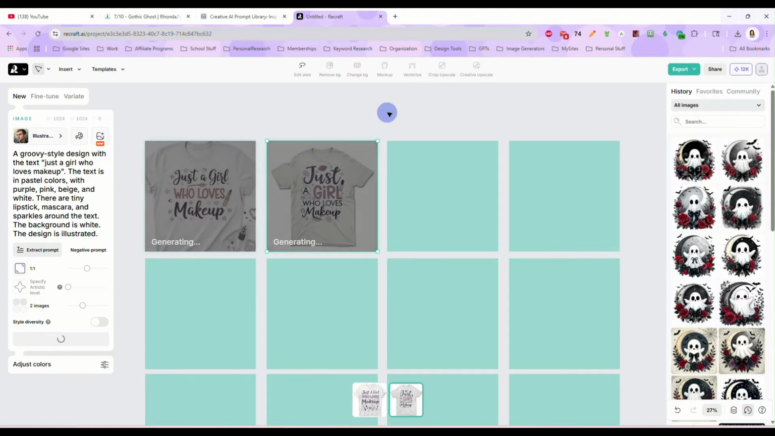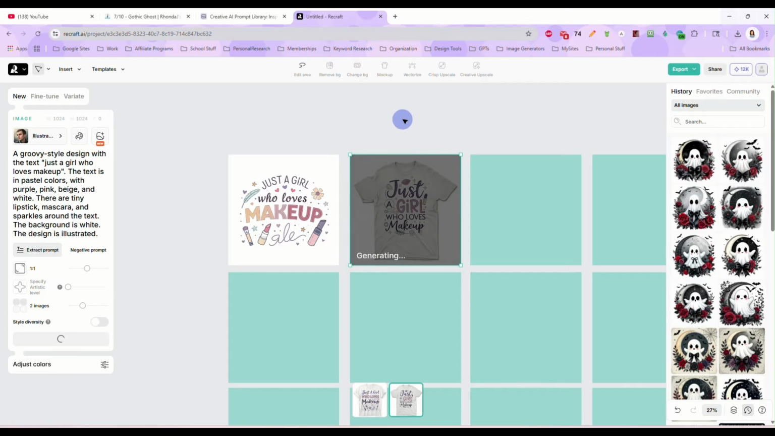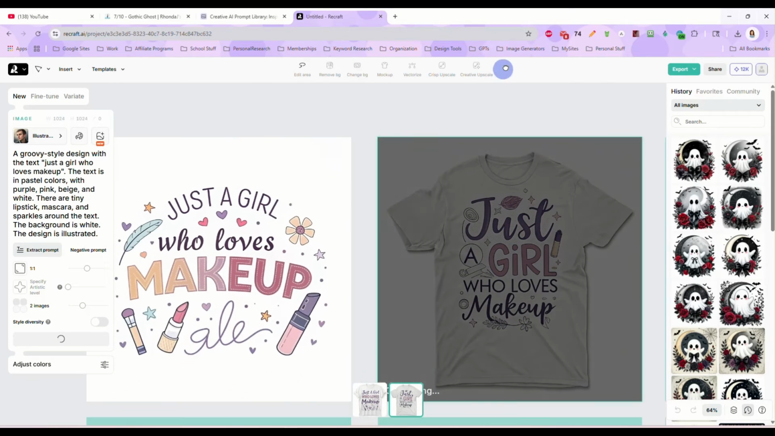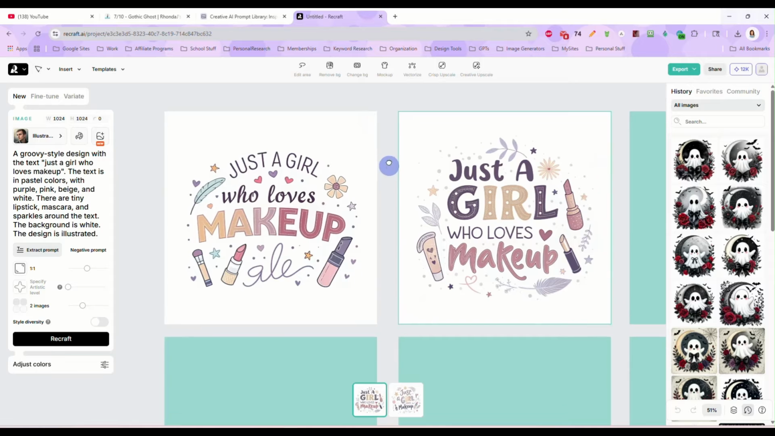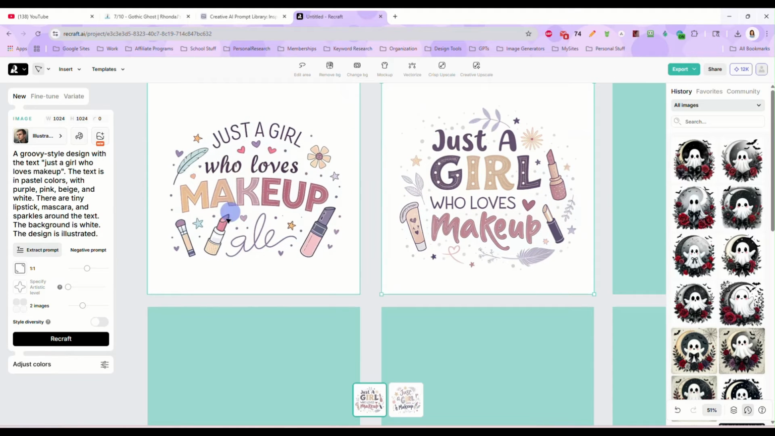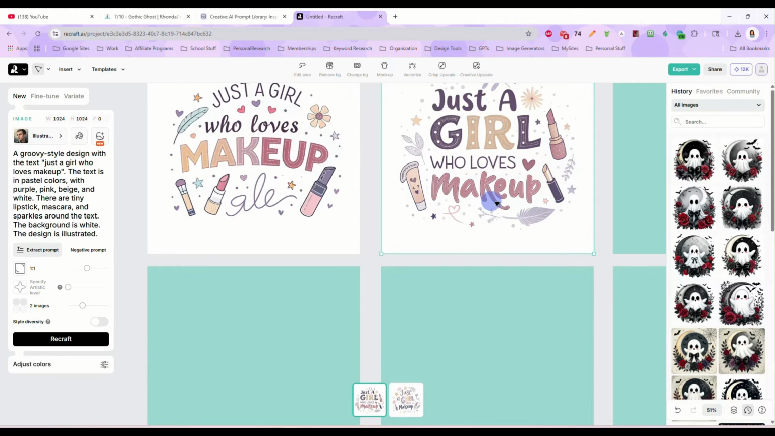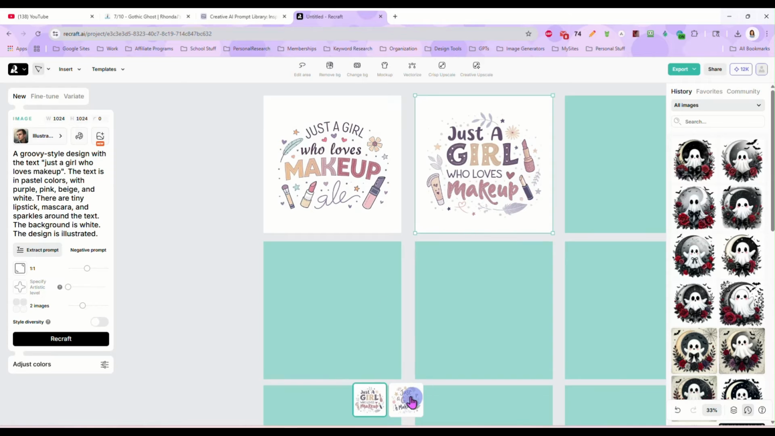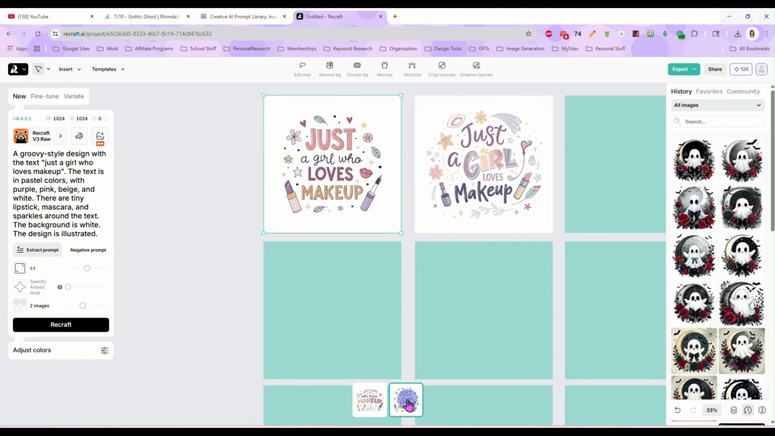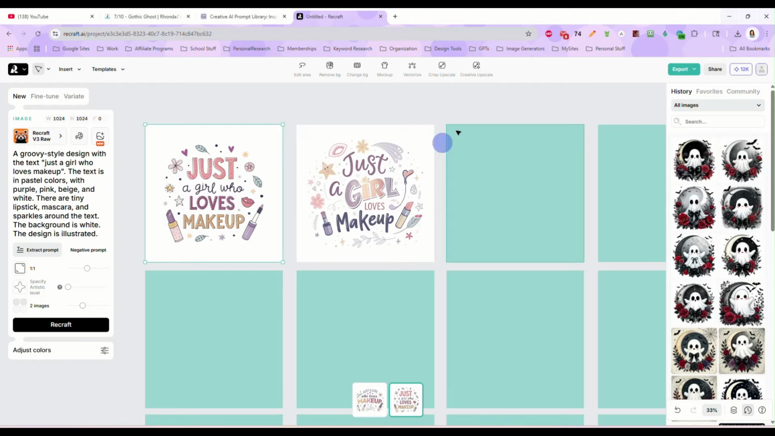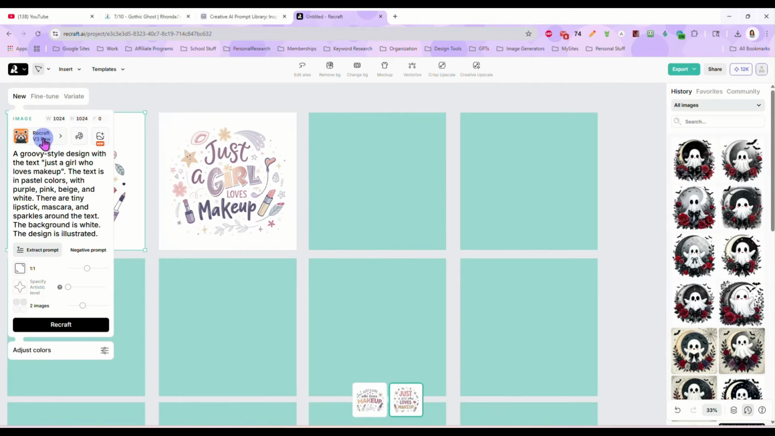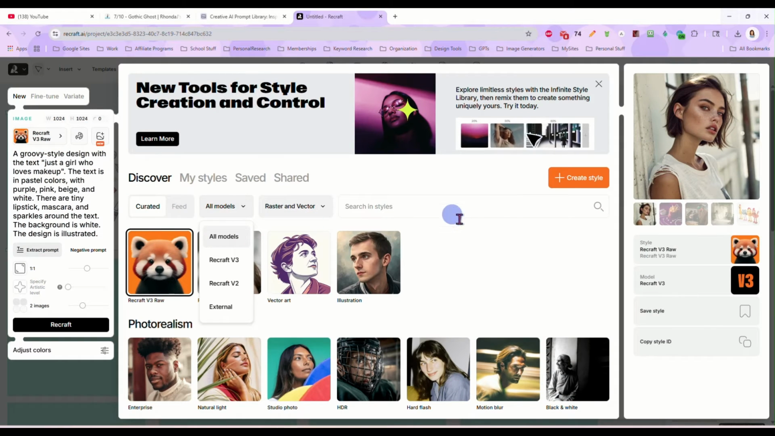Okay. Let's check out their internal models first. Okay, so it did do the text just nice. Just a girl who loves makeup. All right, it spelled everything correctly. I'm not necessarily a fan of the look of them, but it did spell everything right. All right, so let's move on to,